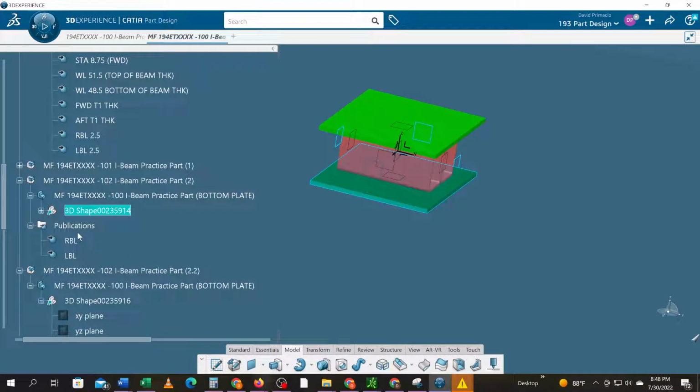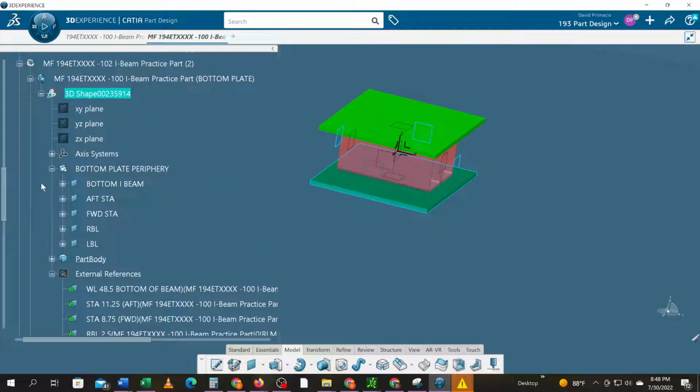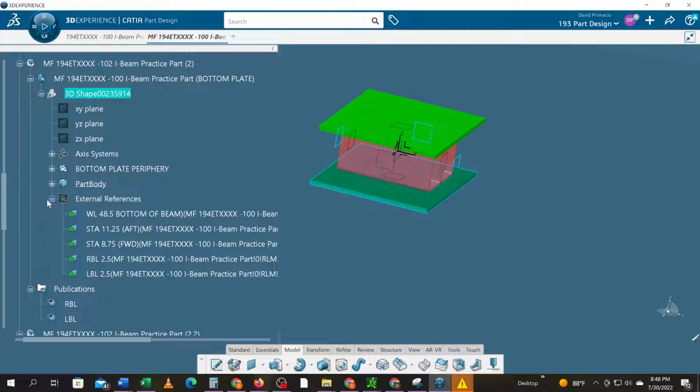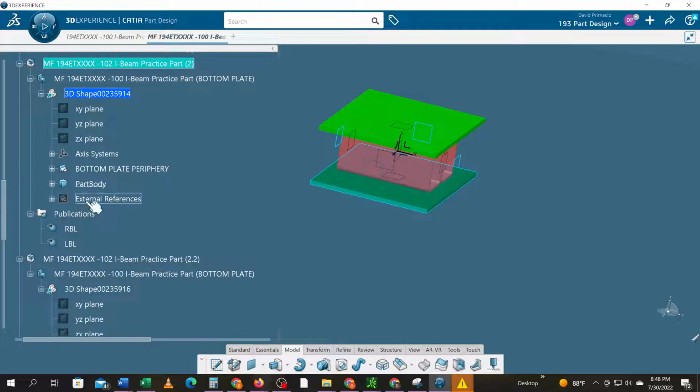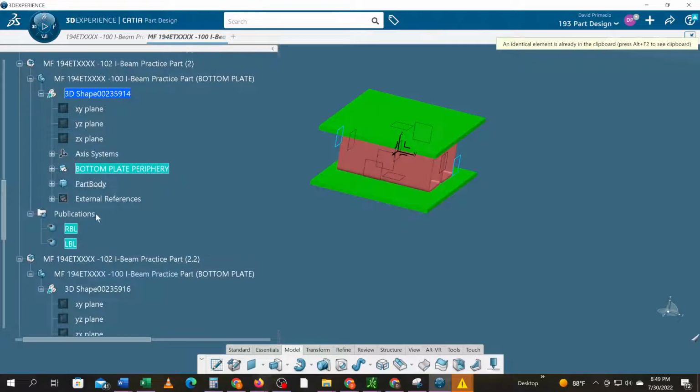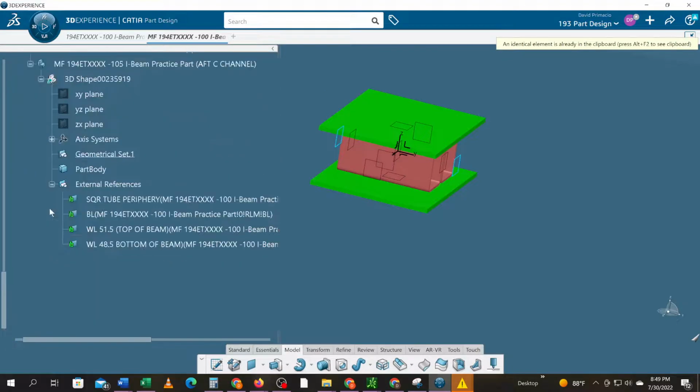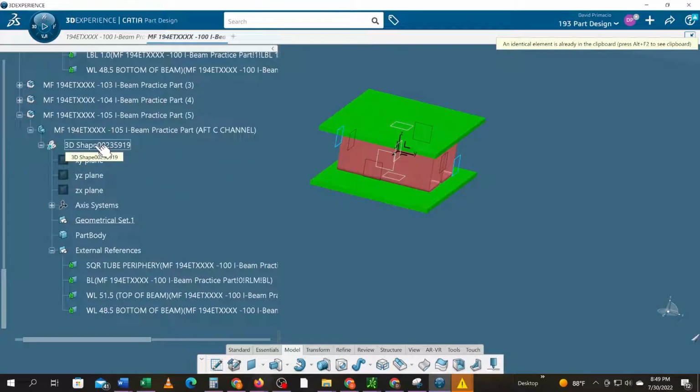Okay. There's my published elements right there. This thing here got shrunk on me without me seeing it. Okay, so here's my published elements in the bottom plate. I'm going to take those two elements. As long as I'm in part design, I should be able to right click and copy. Go all the way down, double click on this, which is the C channel, right click,